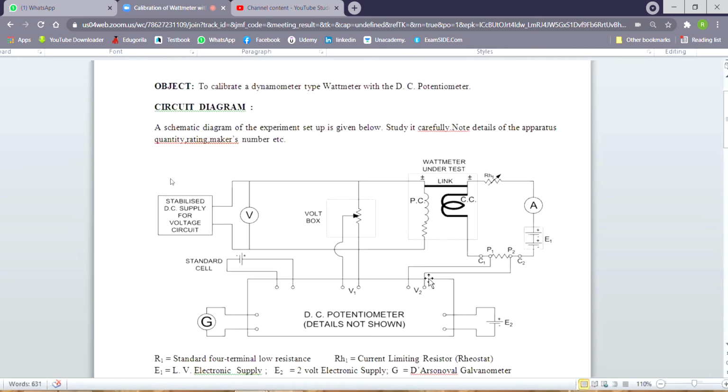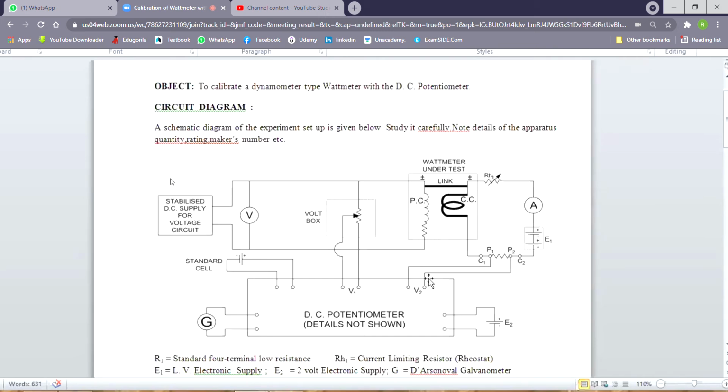I find this answer for most of the students. Actually, whether it is a direct loading or phantom loading, the amount of power consumed in the pressure coil and current coil, or in the entire arrangement, will be the same, no change. The power loss in the arrangement is not saved at all.